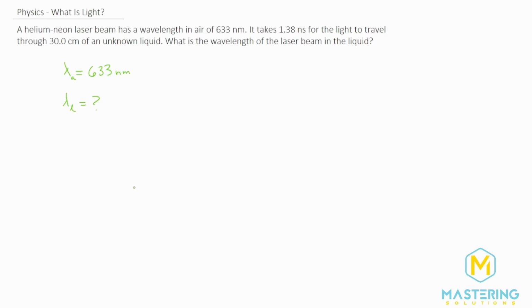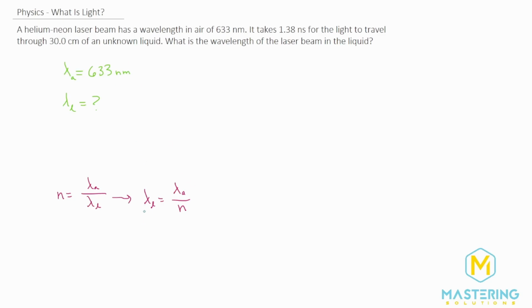And so ultimately we're going to use the equation for index of refraction, and we're going to use wavelength in air over wavelength in the liquid, or whatever material you're talking about, and then we're going to find these two to solve for them. Now we already have the wavelength of air, so we have to figure out what the index of refraction is. And since we're here, let's rearrange this. So we have the wavelength in the liquid, which we're trying to solve for, is equal to the lambda in air divided by the index of refraction.